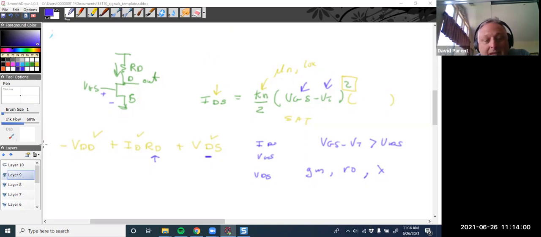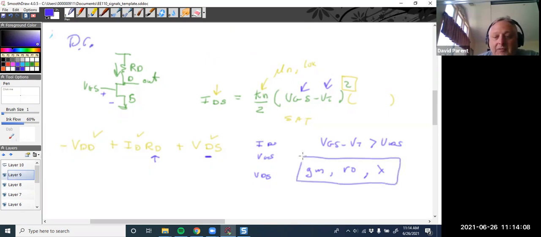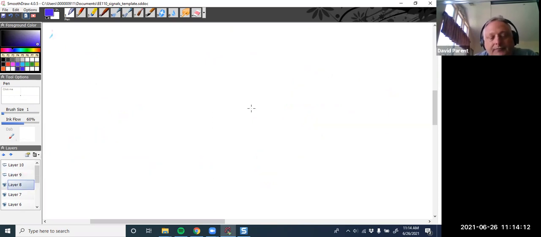So that would be the DC part, all right, is finding these values, right? And then we go into the AC part. And just as a quick kind of example, right, that I might have talked about last time,